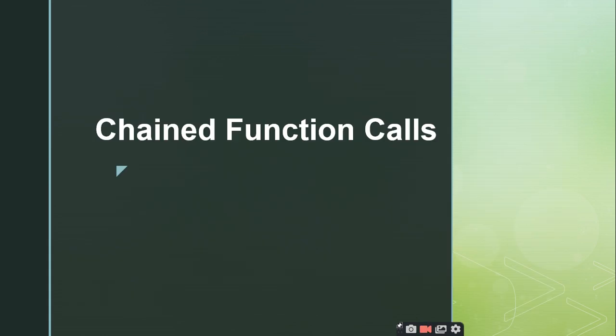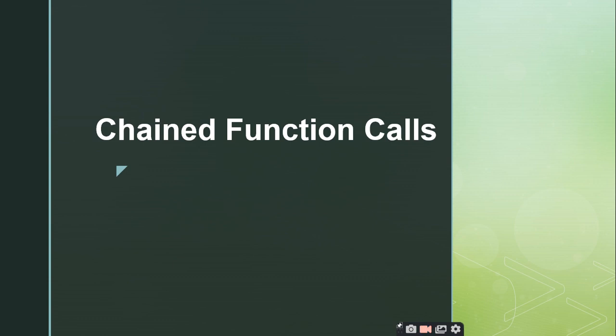So those are the two examples we have for this pointer. As I told, one of the usages of this pointer is that we can implement the chained function calls concept. That means you can use a single object to invoke multiple member functions. That is nothing but the chained function call. This is possible only when we have a provision to return this pointer.